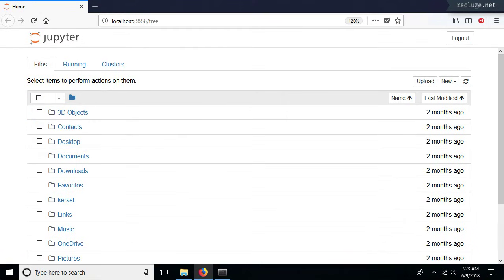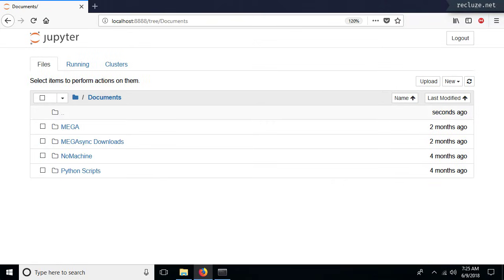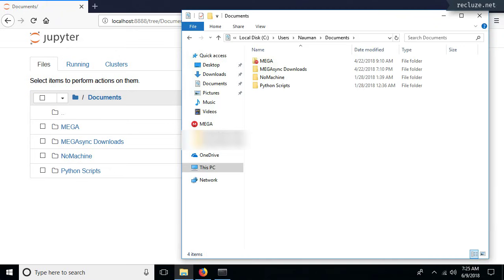You can click on one of these folders to navigate. For instance, if you click on documents, you go to home folder / documents, and you can click on other folders to navigate as well. If you're already familiar with Jupyter Notebook, you can skip the rest of this video, but I'm going to put a very brief introduction about Jupyter Notebook over here for the sake of completeness, just in case you have not